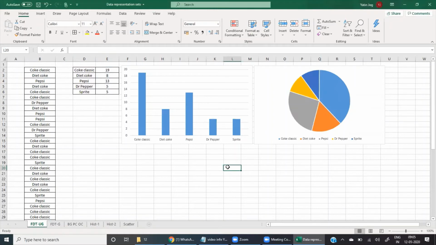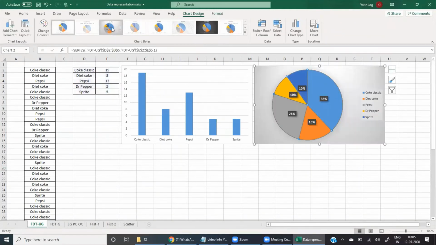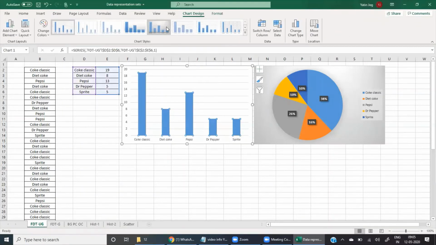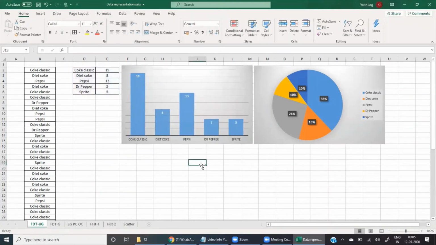I am not going to give more time because these are very basic things which you must have done in Excel. These are basic features of Excel, how to draw a bar graph and how to draw a pie chart. Now if you want to modify your pie chart, if you want to give some different look to it, you can do that, if options are available in your version of Excel. In this way, I can represent what percentage of values are there in what type of options. Even for this, I can go for some different type of visualization. So all these things you can try in your Excel.